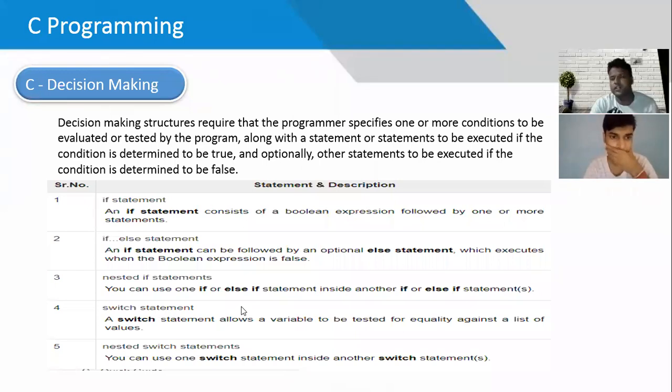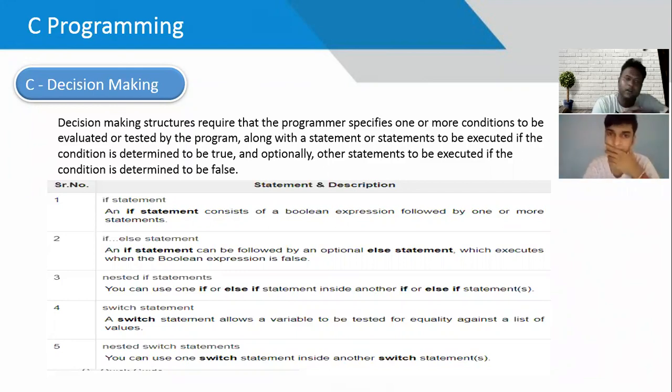In some situations, you have to perform an action based upon a condition. Suppose you want to delete a statement, so it asks you if you want to delete, showing the options yes and no. Or if you want to move through traffic, there is a signal: if it is red, then you have to stop; if it is green, then you have to move. That is a decision making statement you have to use.